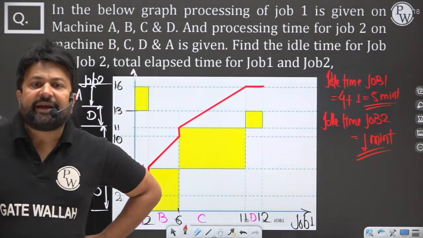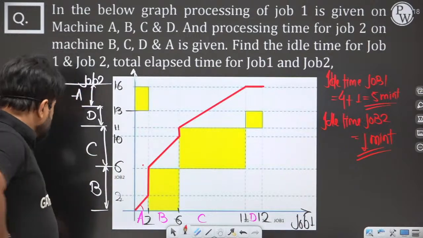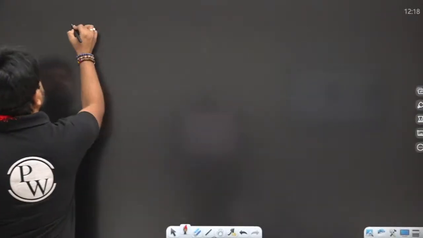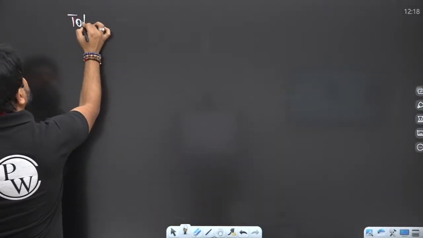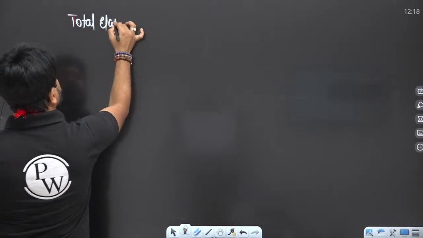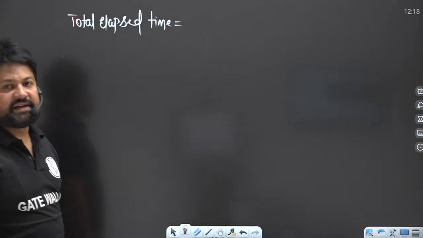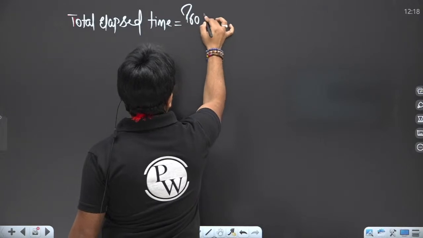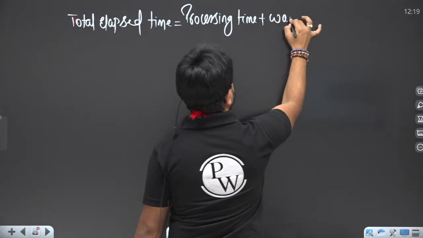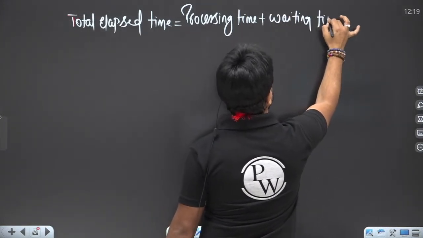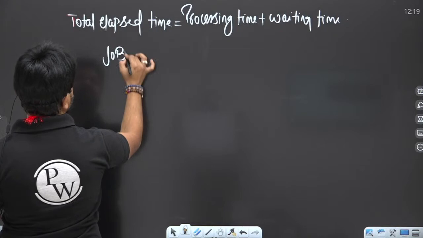Now, what is the total elapsed time? Total elapsed time for any job, let me write it down, is equal to processing time plus waiting time. If you talk about job 1 elapsed time,